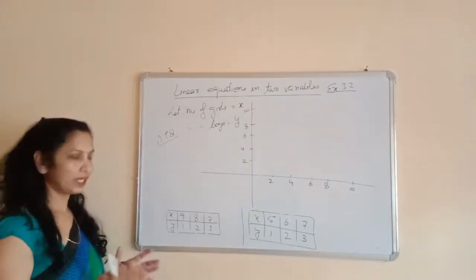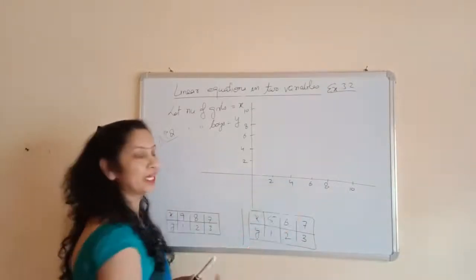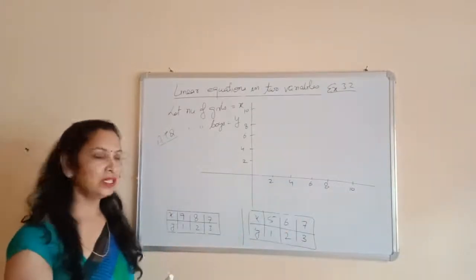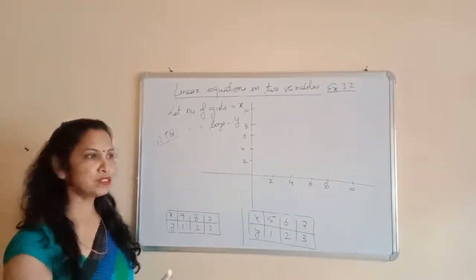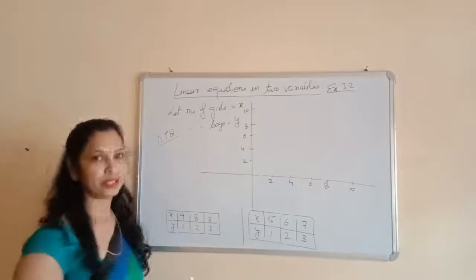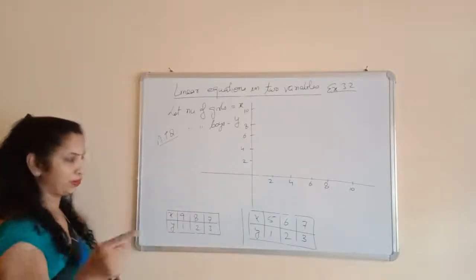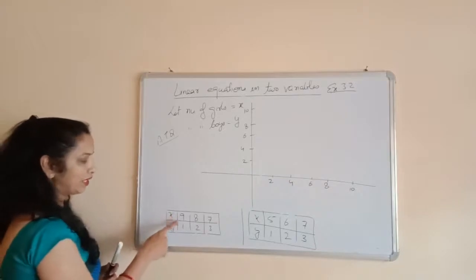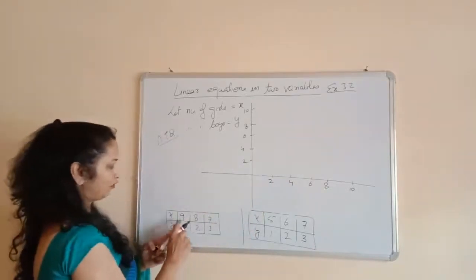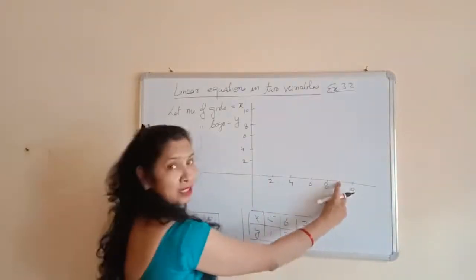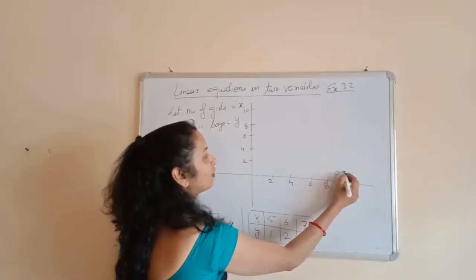So again, it doesn't matter what scale you are using here. It can be 1 centimeter is equal to 1, it can be 1 centimeter is equal to 2, it can be 1 centimeter is equal to 5. It depends on the values you have taken in your table. So for the first graph, where x plus y is equal to 10, we have to take the value 9 and 1. On the x-axis we have to move 9, on the y-axis 1. So 9 is here and the 1 is here. So this is the point, 9 and 1.